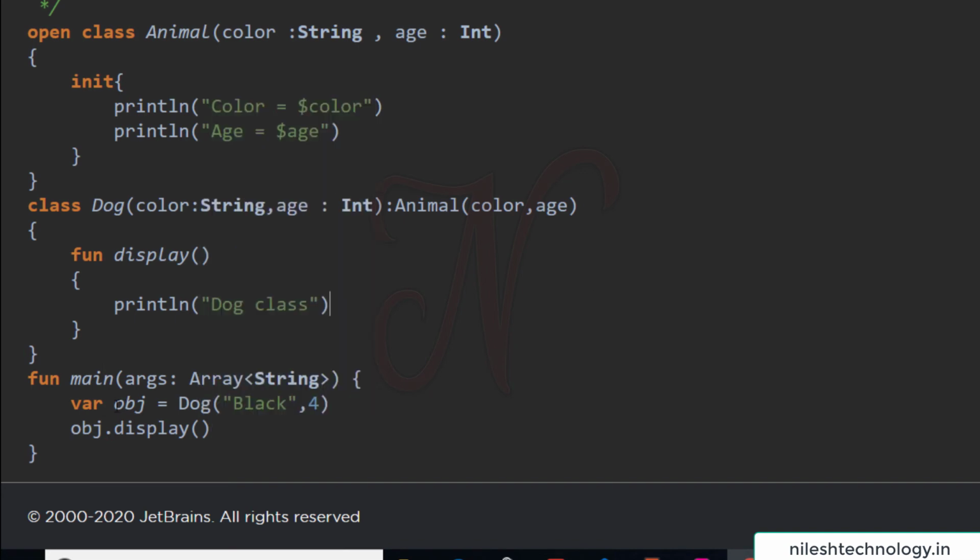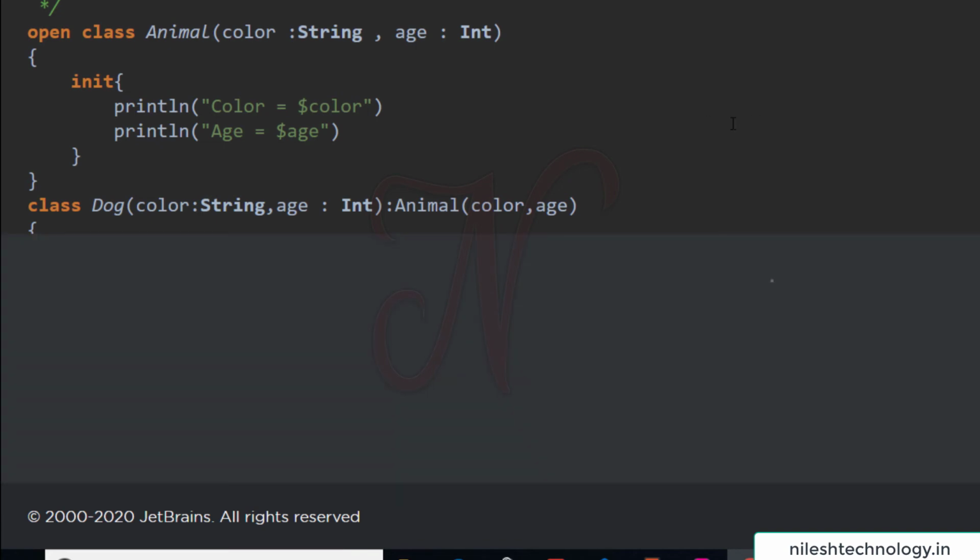When we create an object, we pass these two parameters, color and age, and they are passed again to the parent class Animal. Color and age go to the init block, where we print the color and age values. Then by using this object we call the display function. The output sequence is first the color black, then age equal to 4, then dog class.